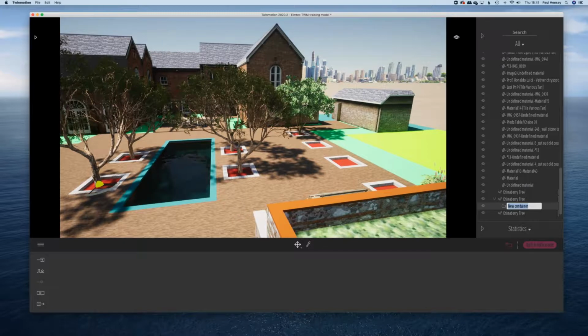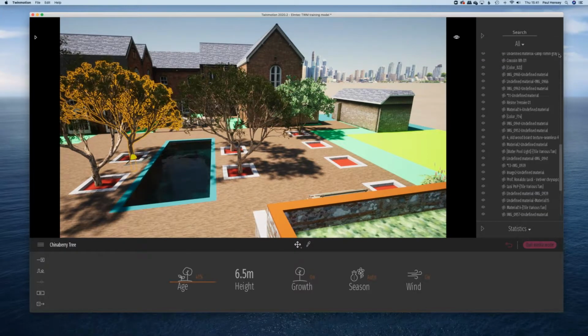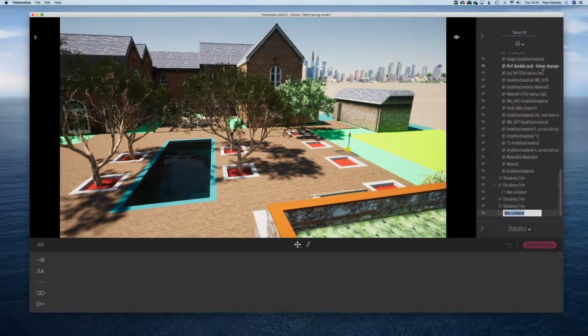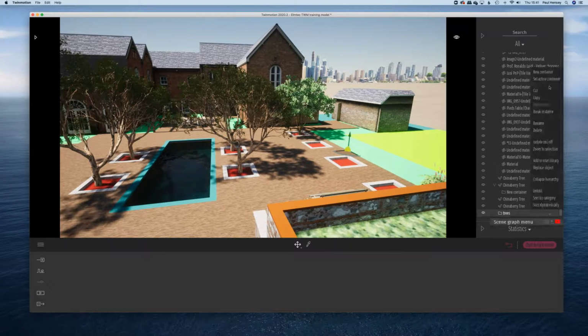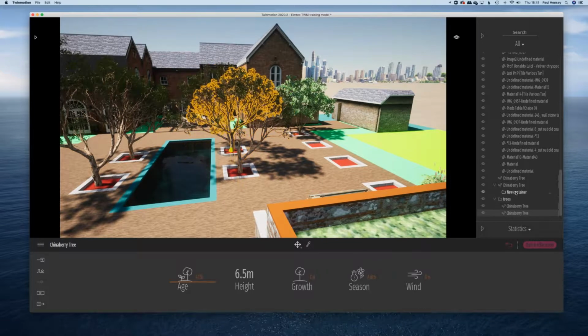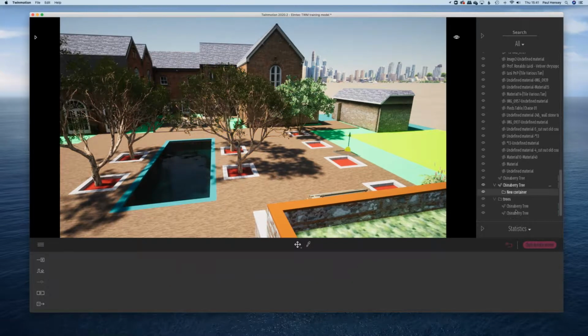I'm going to go and try this at the top. New container. Yes, okay, so I'm going to call this one trees. And then I'm going to select the trees and make it my active container. And then I'm just going to drag my trees into my active container. I don't need that one,